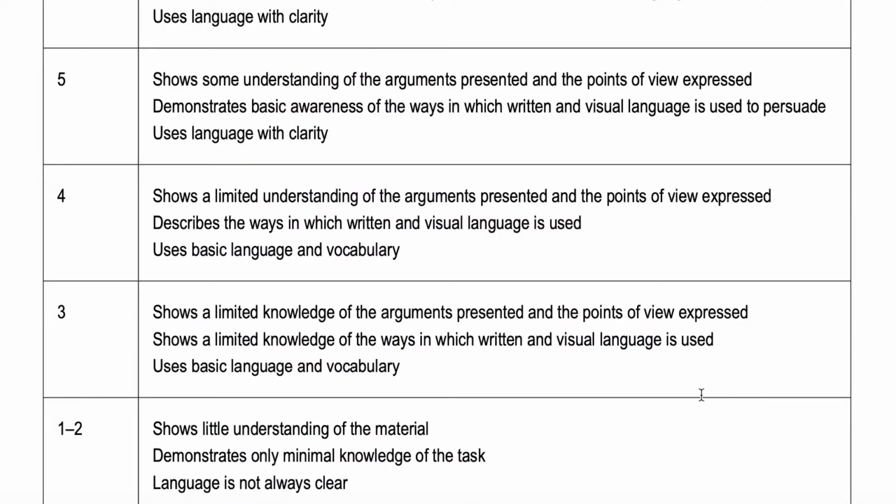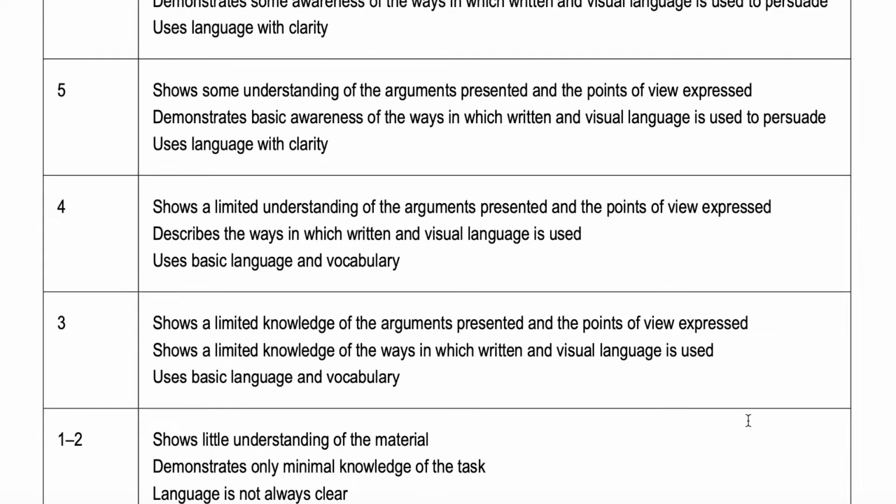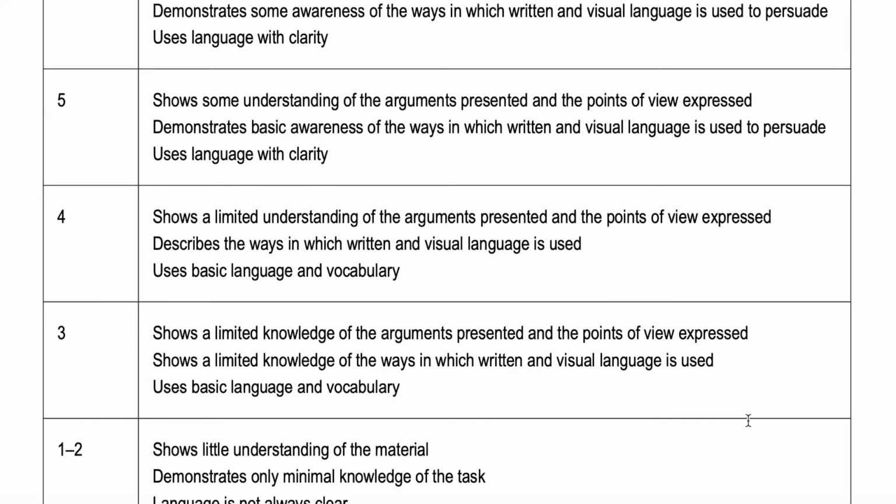Down the bottom of this ladder, we have someone showing little understanding of the material or a limited knowledge of the arguments presented. At a 4, we have a limited understanding of the arguments presented and the points of view. You'll notice that everything mentioned so far is about just knowing the arguments and being able to show that you understand them. We want to be doing much more than that. We want to make sure we're not just showing that we understand what the arguments are, but